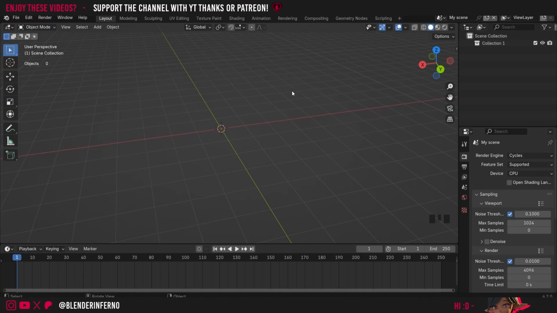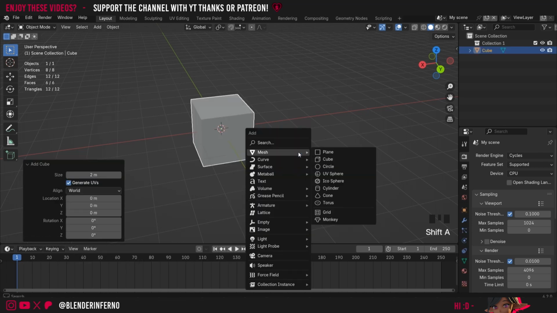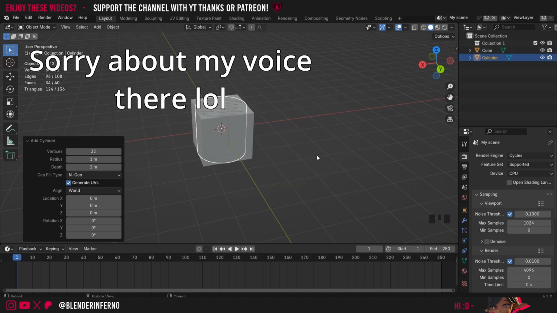Today we're going to be discussing this thing on the left here called the toolbar, and also the different types of selection we can do in the 3D viewport in object mode. To start off, let's add a few objects. So I'm going to press Shift A, which as we know is our add menu, and under mesh I'm going to choose cube. Then I'll press Shift A again, and under mesh I'm going to choose cylinder, and I'll press